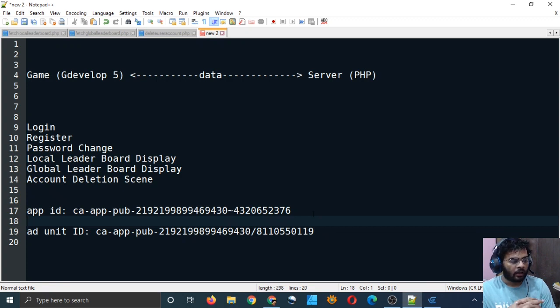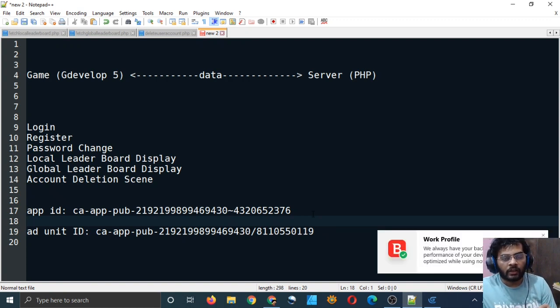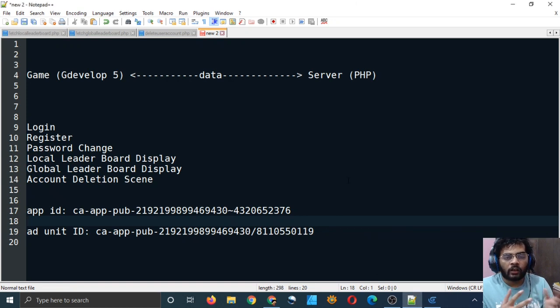And the first time I verified my account, I think I had to first publish an ad in my app. And when my app was successfully able to send a request for an ad, then only my ad account got approved by Google AdMob. So you may have to do that first.